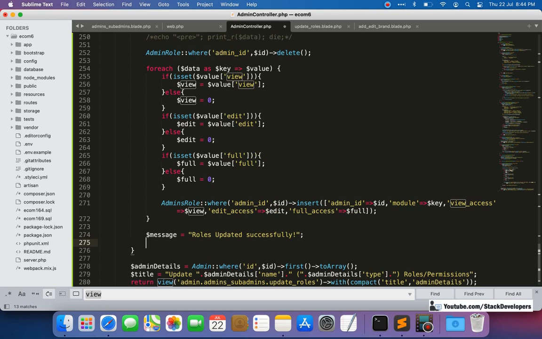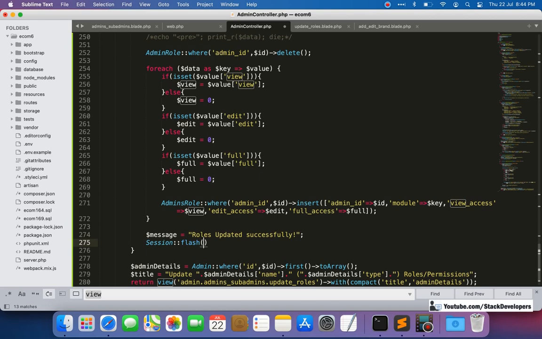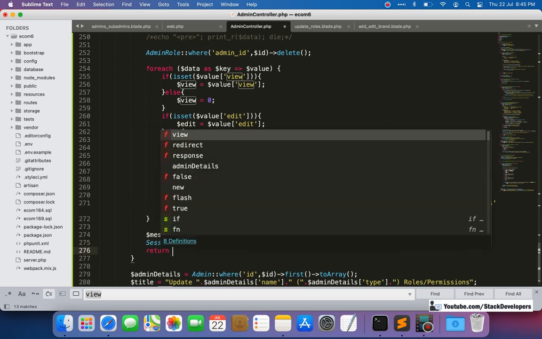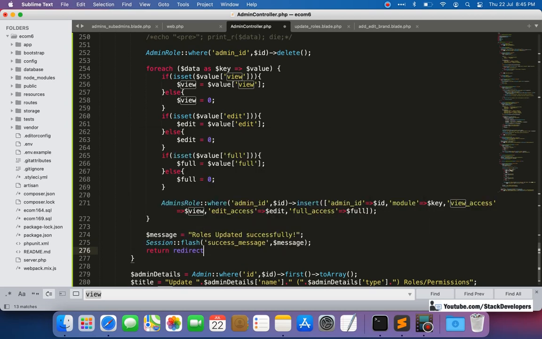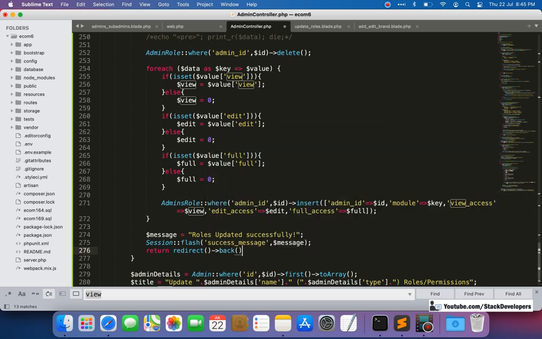That's it. Session flash here, success message, $message. Okay, return redirect back.